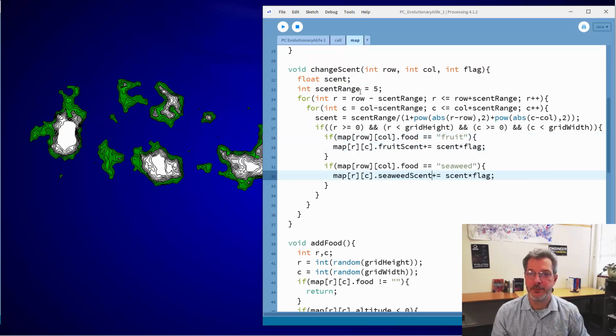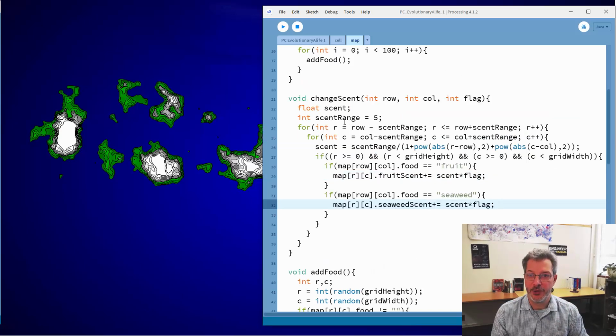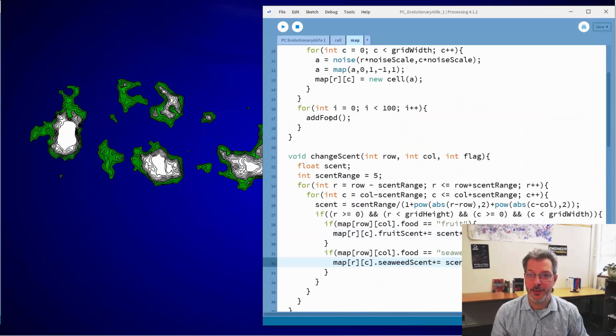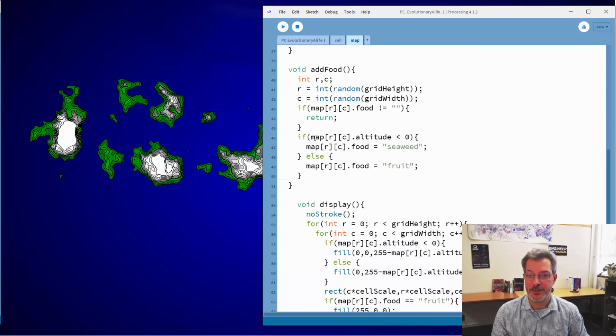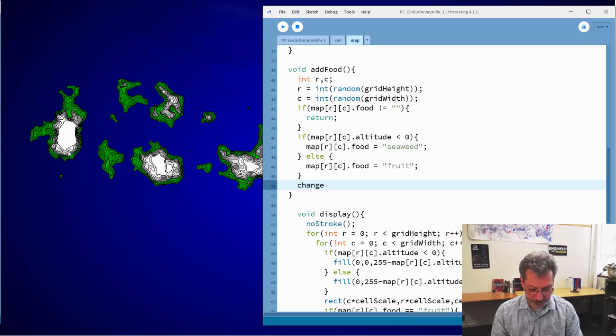So this will change it, but I have to be careful to actually call this function. So every time I add a piece of food by calling the add food function, I want to change the scent. So I'll come down here, and now that I have added a piece of food using this function, I will ask it to change the scent. So tell it the row and the column where the food's located, and a 1 to say increase the scent. And if I run this,